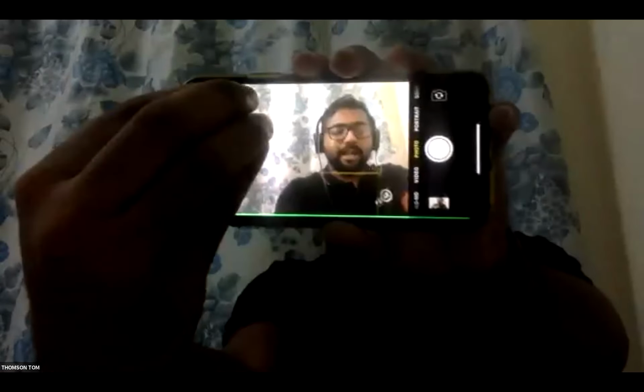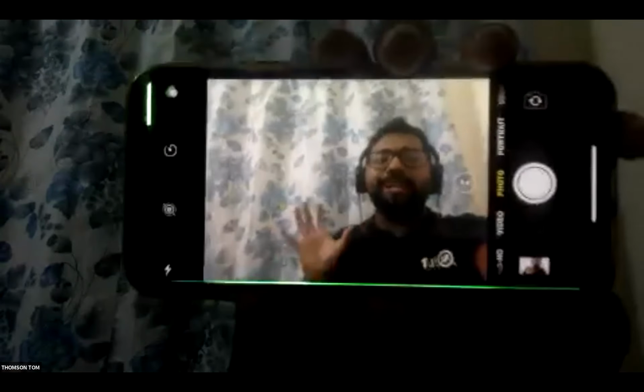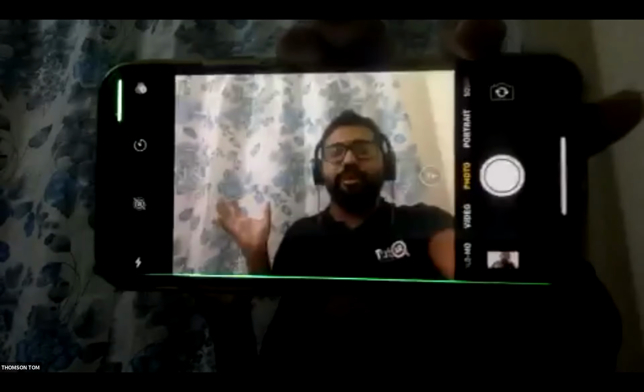So why is this happening here? Because there is a camera on my device and there is a display. The camera is capturing the feed and showing it on the display. So the definition of augmented reality is very simple. If I am having a digital overlay over this display, it is called augmented reality. When I'm having a digital overlay, it can be a 3D model, it can be a 2D model, it can be anything. When you keep it right here, what happens? It will make you feel that that particular digital overlay is standing right next to me.